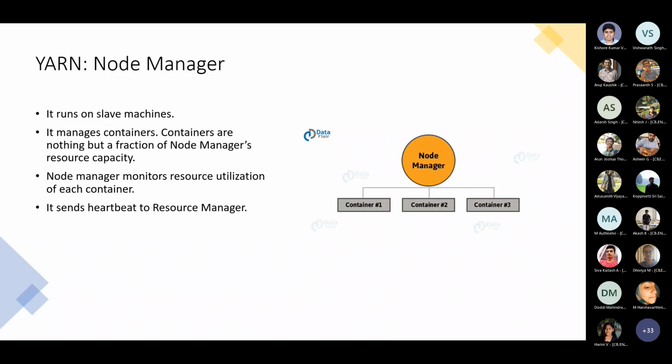Okay. And the second one is the node manager. This runs on the slave machine. The resource manager runs on the master, and this runs on the slave. Just like name node and data node, the same thing happens here. For each individual node, you have an individual manager also. Each node manager typically controls the containers, which contain all the individual processing events happening inside.